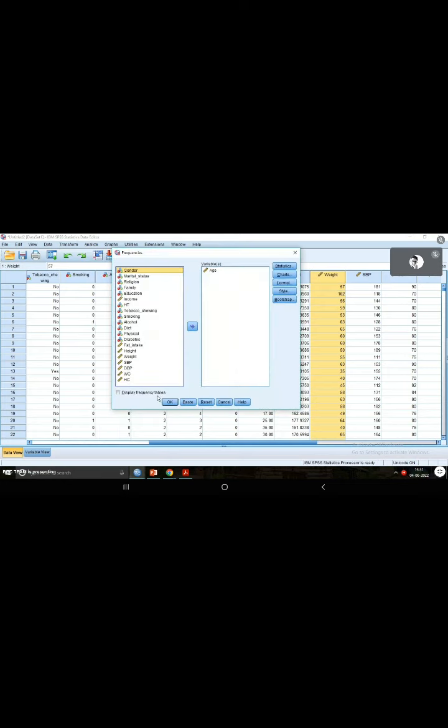Ma'am, is it 57.60 mean? Okay, let me check that. 57.60, yes, exactly correct. And the standard deviation is 10.53. Yes. As you have seen, I did not just do one variable, I added more. If you want to summarize all of these variables, you can send all of them at once, click OK, and you will get the summary for all the variables in one click.